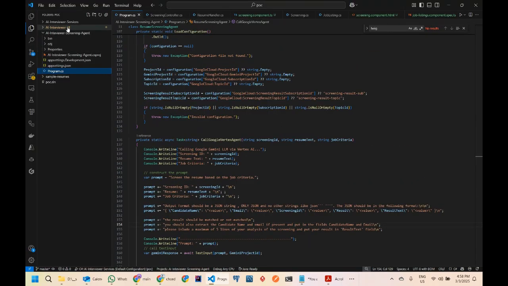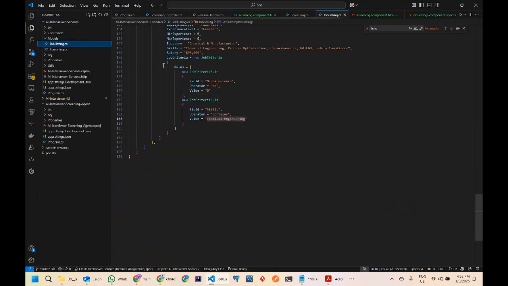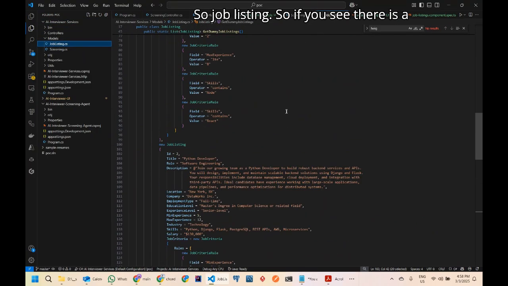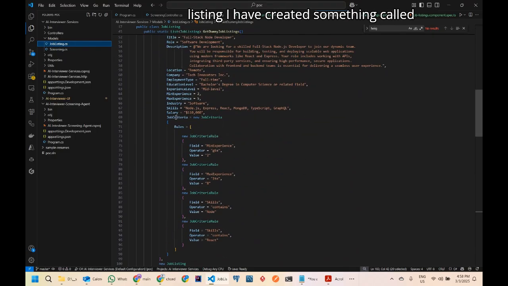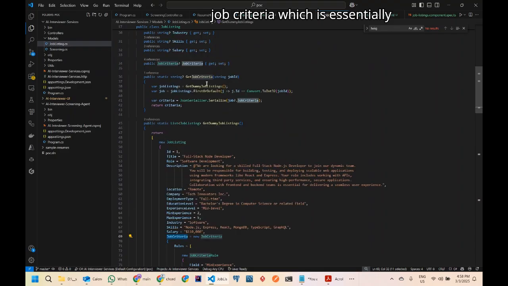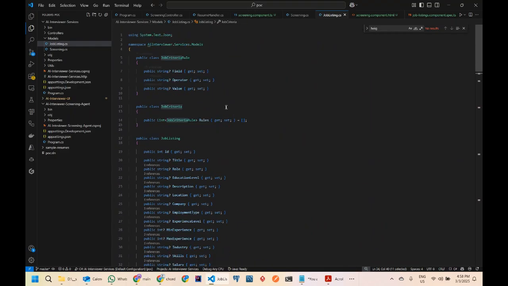So if you see the job listing, there's a dummy job listing I've done. There's no database here. So for each job listing, I've created something called job criteria, which is essentially